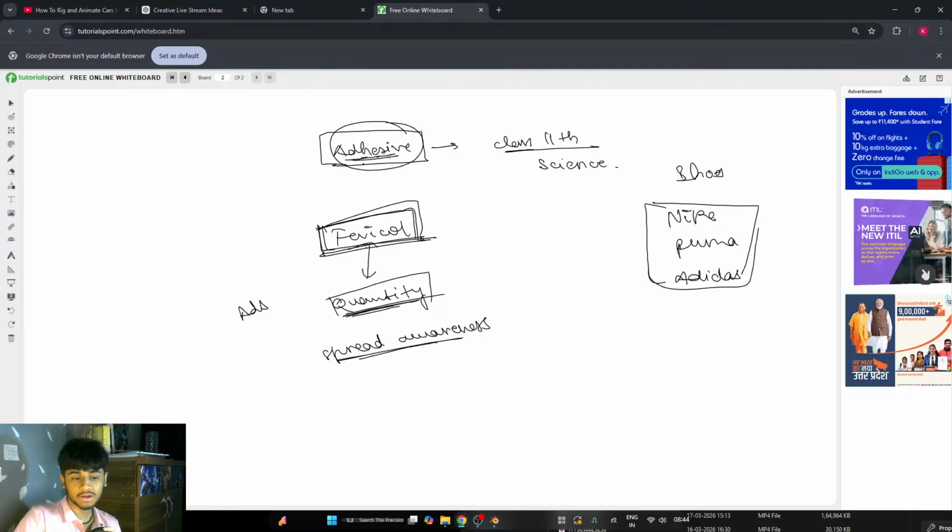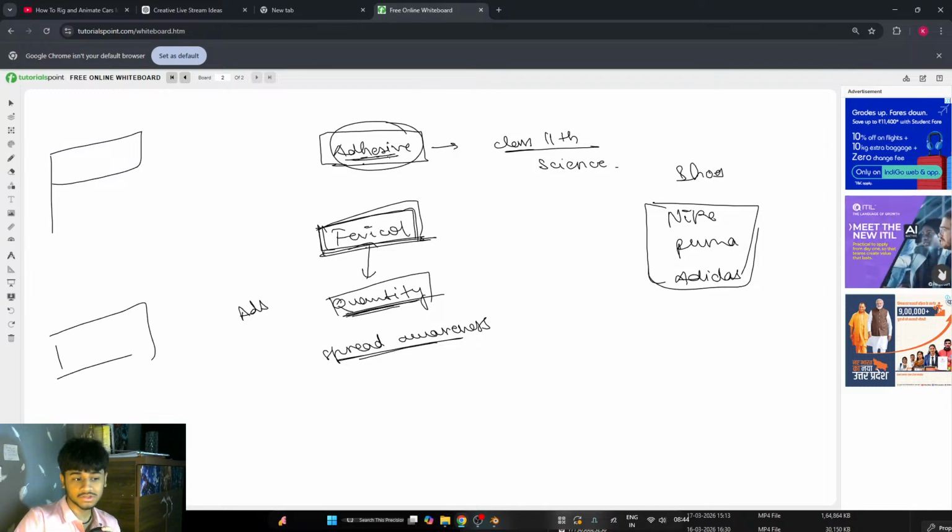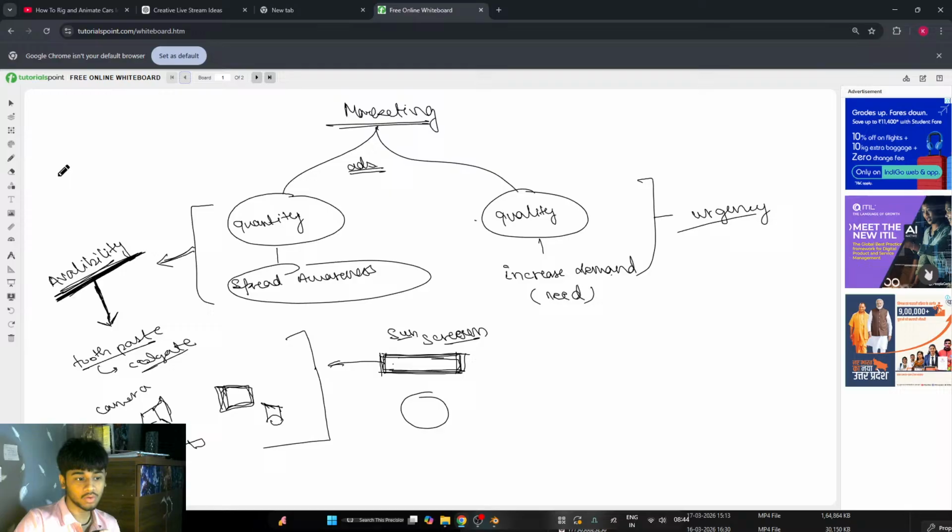They just supplied the number of advertisements as much as possible. They made their brand visible everywhere possible, from the banners on the roadside to the banners on the bus stops to any place you see on television, also on YouTube. When an ad comes in between, everywhere you look, you will see the ad of Favicol. They are just dominating in this field, and the same is the case with Colgate. They're also dominating in it. But that's the case I'm talking about, quantity.